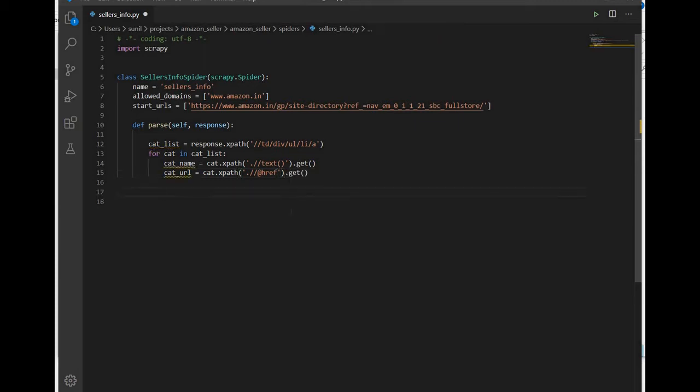Now I have to check whether the category URL has a node ID or not.